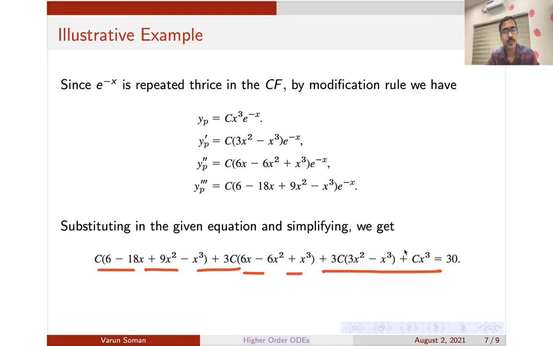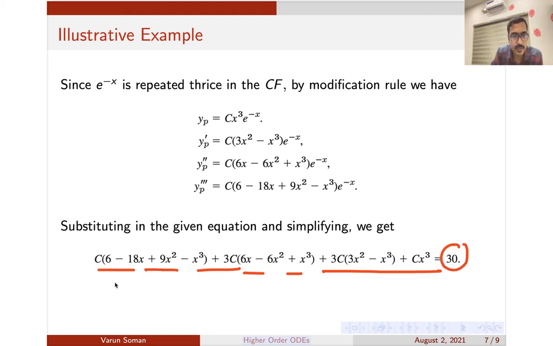You need to find the value of this c here. Instead of a, they have taken c. It's no issue, you can take any constant. So you need to find the value of c. Looking at the coefficients, in the RHS there is only a single constant value, which is 30. So what is the constant value in LHS?